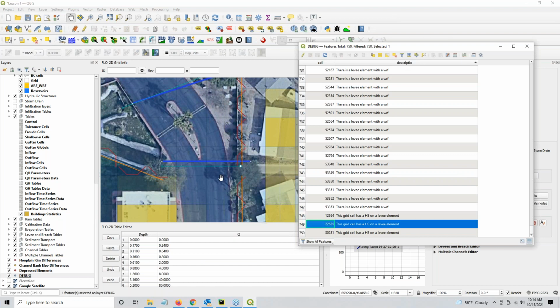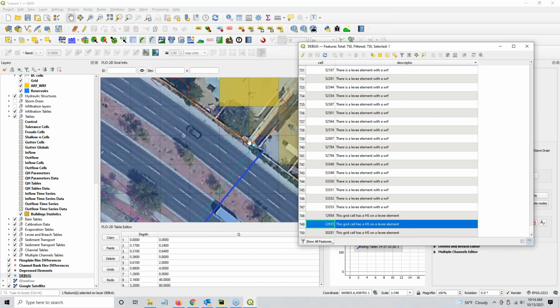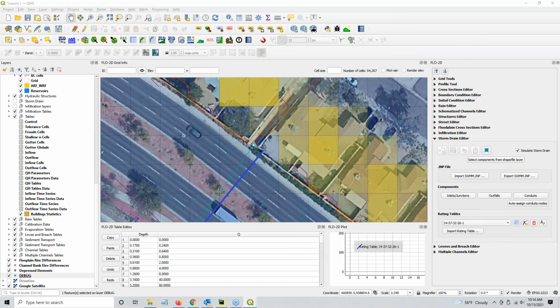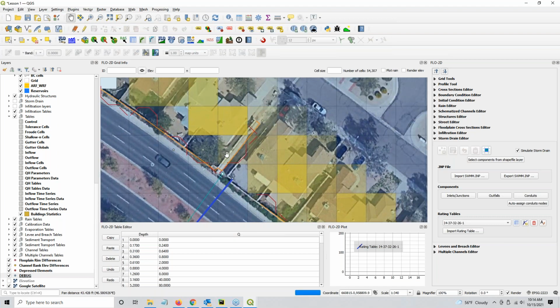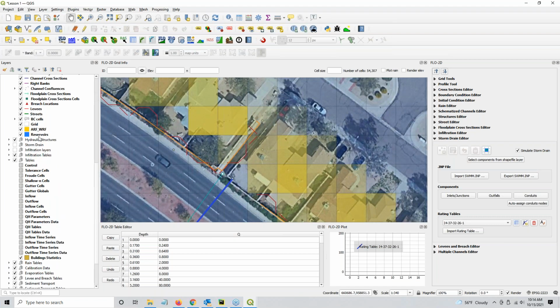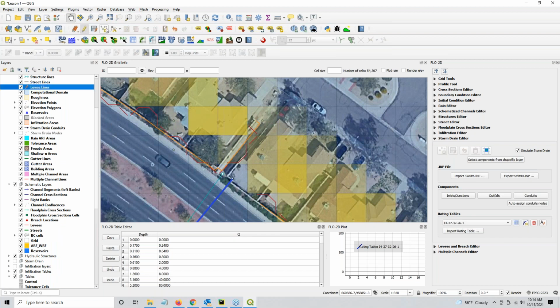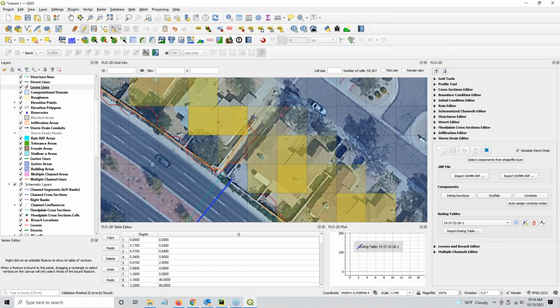Okay, we're going to zoom to that one. And whoops. Oh, there we go. Now this one is not okay because the wall is keeping the water from getting into the structure. So this wall is completely in the wrong spot. So what I want to do is take this levee tool, and again, I'm just going to take this editor and delete that one and move it just over to this side of the cells, and then recalculate that levee or recalculate the wall,